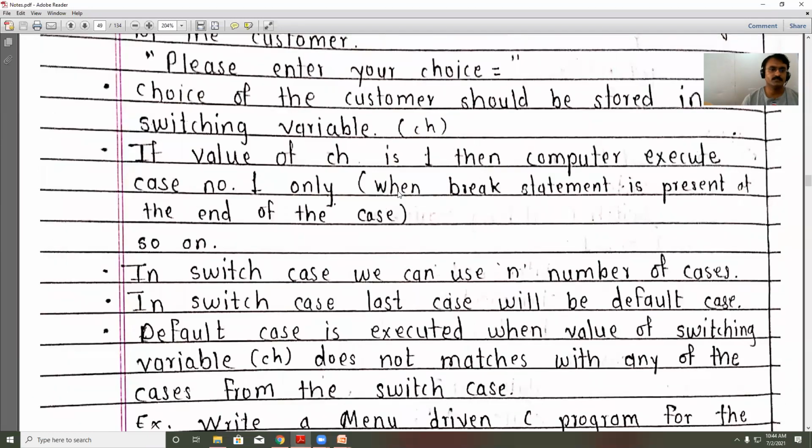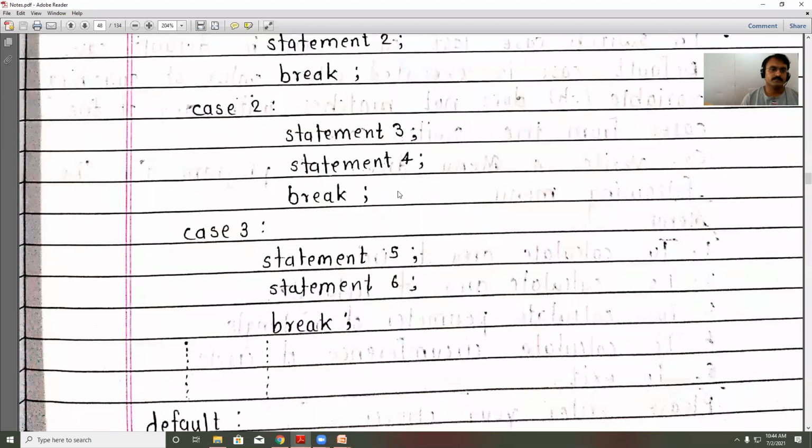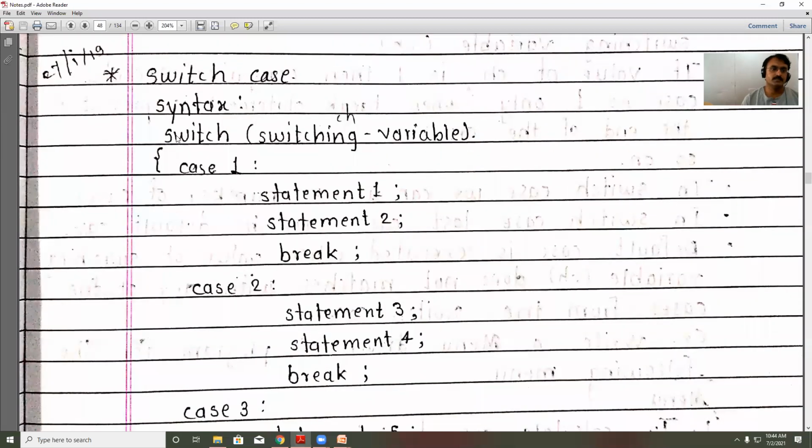One is switch and other is case. The syntax is very simple. In program you need to write switch and here switching variable. Okay, the switching variable, it is not necessary always to have a variable. It may be like calculation or any other character or integer form.